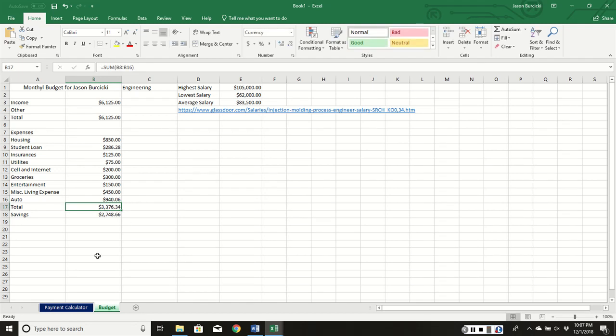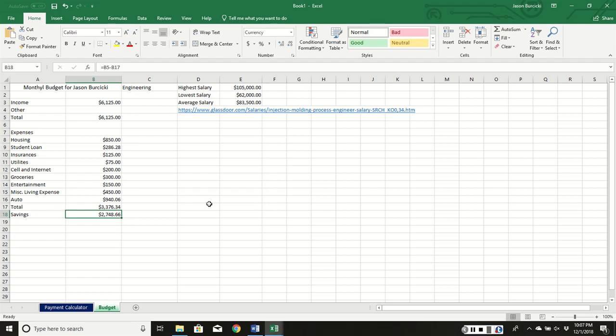940.06. So this is how much I will have at the end of each year, or however much that I'm going to have. In doing this, now you have your savings per month, so how much you're going to be saving per month,